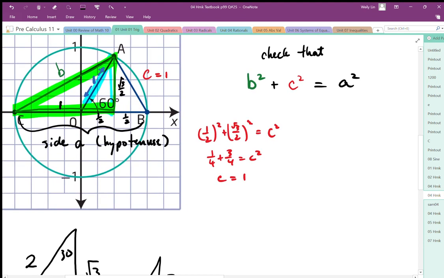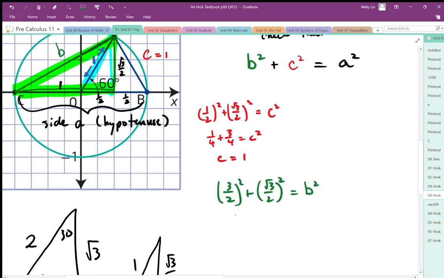So I'm going to use Pythagoras on that triangle. I end up with the horizontal 3 over 2 squared plus the vertical root 3 over 2 squared, and that's going to equal the hypotenuse, which is that diagonal line from A to C, and that's B squared. So I had 9 over 4 plus 3 over 4 is equal to B squared,